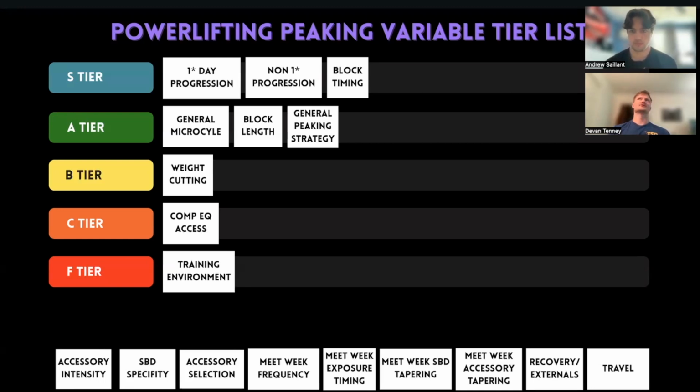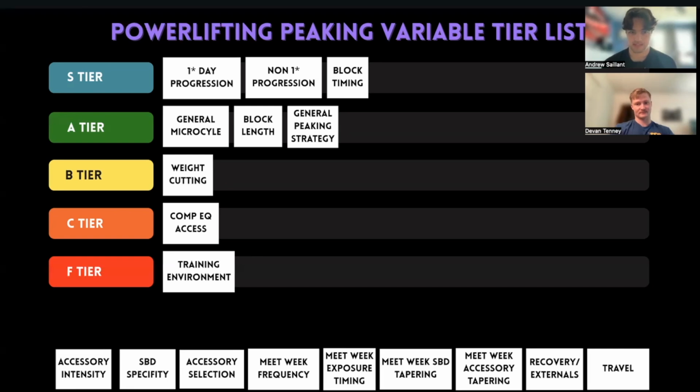So with that said, I think this is probably like a C or a B tier, where again, I don't think it applies to everyone as much as these S tier things that we have do. Not everyone needs to push a certain accessory super hard for a certain lift to show up very strong on a day, but it is often the case. So I think C or B, depending on how we want to view this. Yeah.